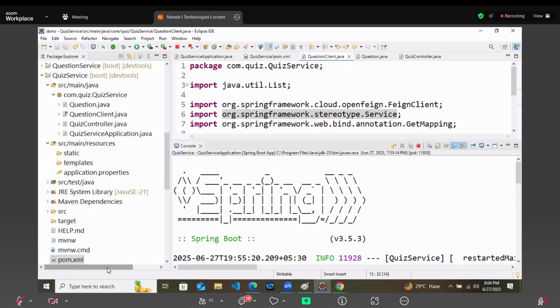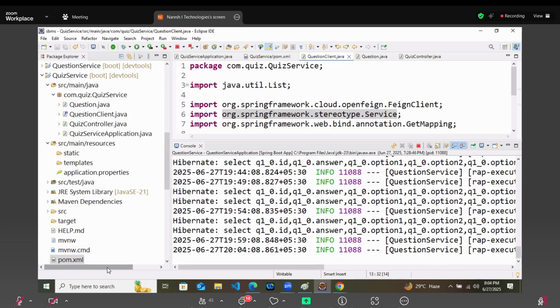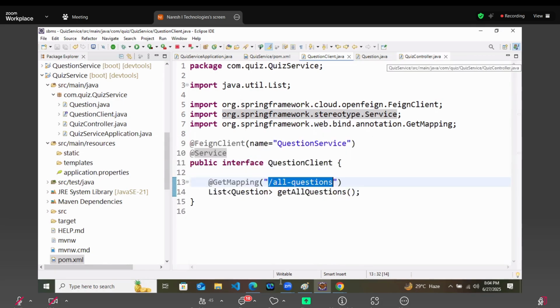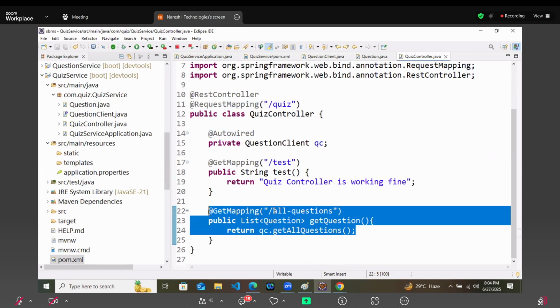Only microservices means now let's say if I want to build this application in one project, whatever this controller is, this one quiz controller, I will write this in the same project, the same way, which is posting all the questions. So that is how services talk with each other. Now, in this, we have one more concept that is called load balancing that we will discuss tomorrow, not today.